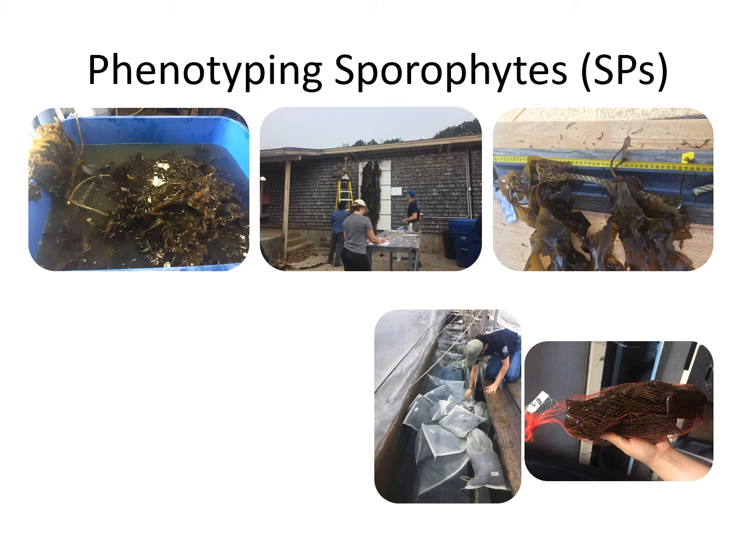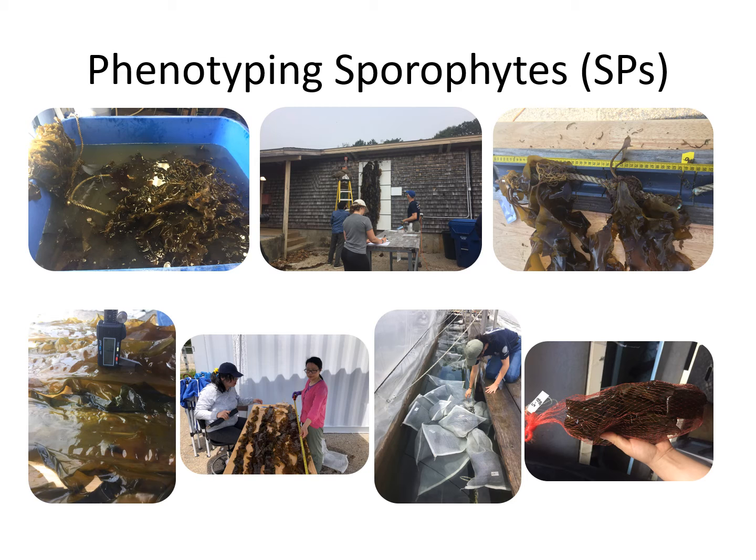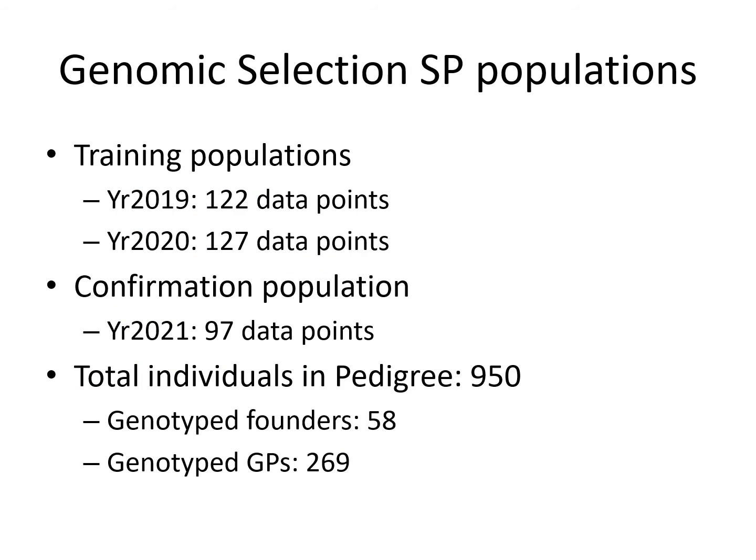For those individual blade measurements, we would keep the samples in the bags first. After we finish all the plot level measurements, we then go to each one of those bags and start doing individual measurements. So using these traits from sporophytes, we built genomic selection models and we evaluated the accuracy between